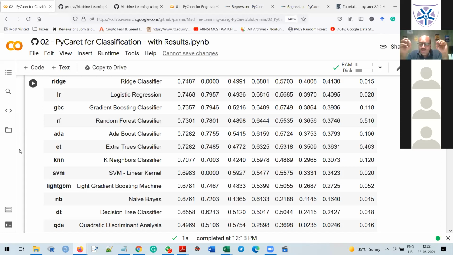So there is no method available within this, but if we want to find out which pre-processing technique should be applied and in which order so that the model gives me the best accuracy, then you need to apply some optimization technique. One of the optimization techniques is the genetic algorithm. So you can merge the genetic algorithm with this PyCaret package.